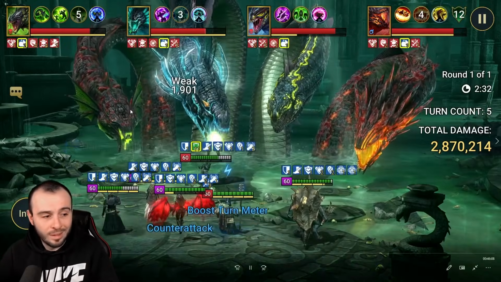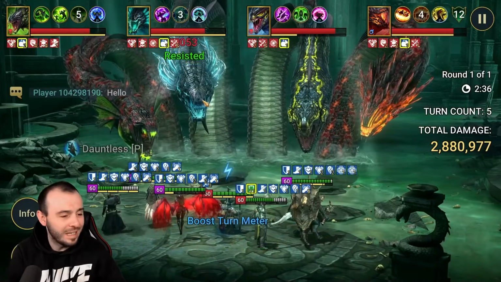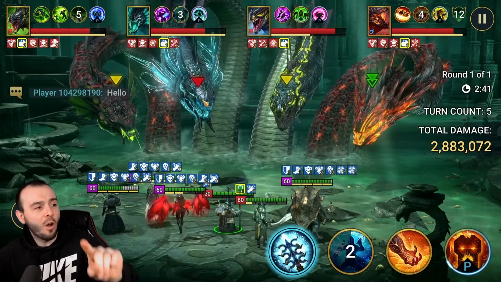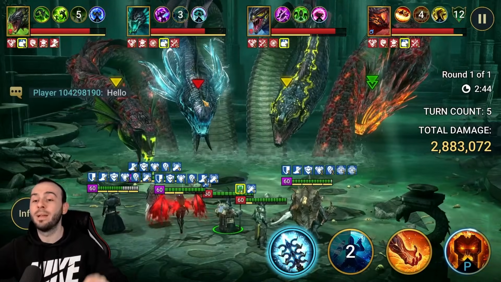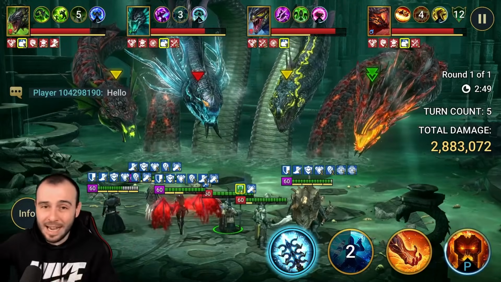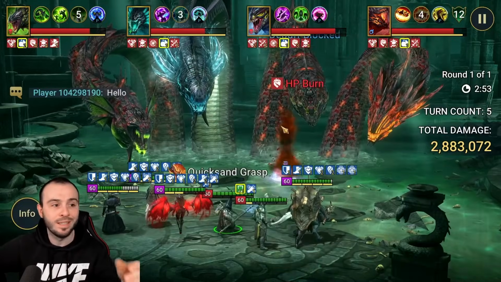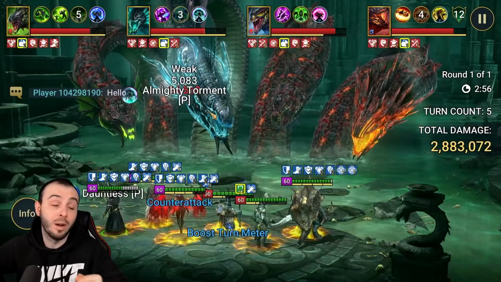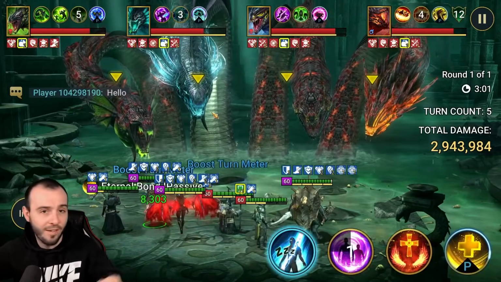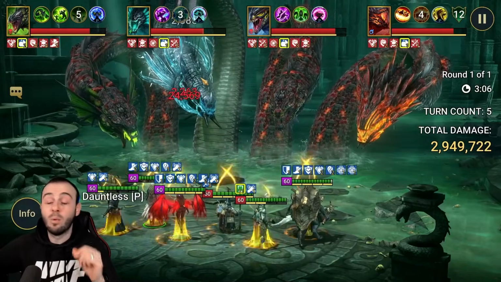The good part about this team, guys, okay, we're focusing the head of Torment. We're boosting the turn meter constantly on Geomancer. So like that, we are able to keep HP burn on every single head except the Torment head, because we want that head to survive a bit longer. But still, at the same time, we want to kill that head before the rest of them, so it's a higher chance for that head to spawn again. If it doesn't spawn again, it's not the end of the world. I still got to 35 million damage yesterday without that head spawning again, but it was a bit of a struggle,